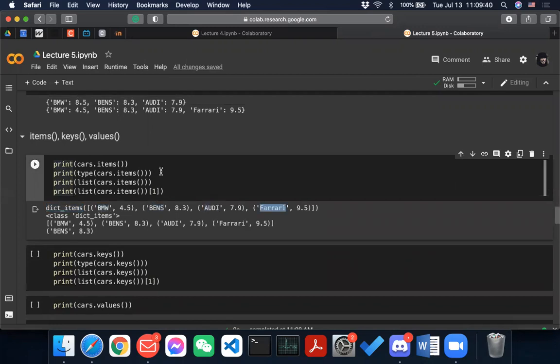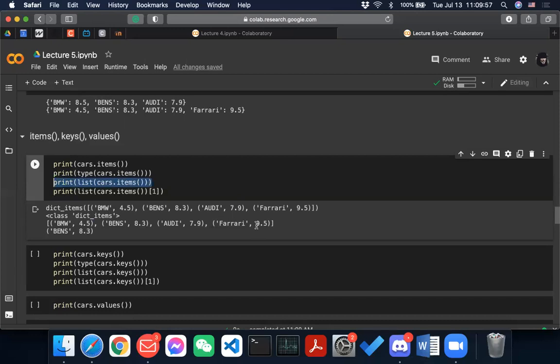And if I print the type of that, it will be class dict_items, right? And then you can convert it into a list, and then you will have a list of tuples.